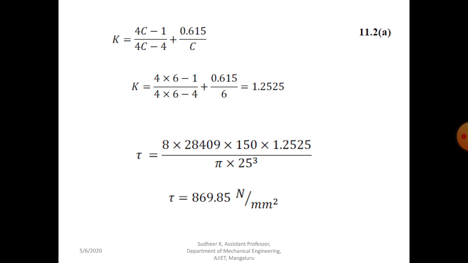So this is one of the problems, because they have given kinetic energy. After stopping, all the energy will be absorbed by the springs. There are 4 springs, so while designing we have to consider only one spring for the design. That is one of the important notes you have to follow.